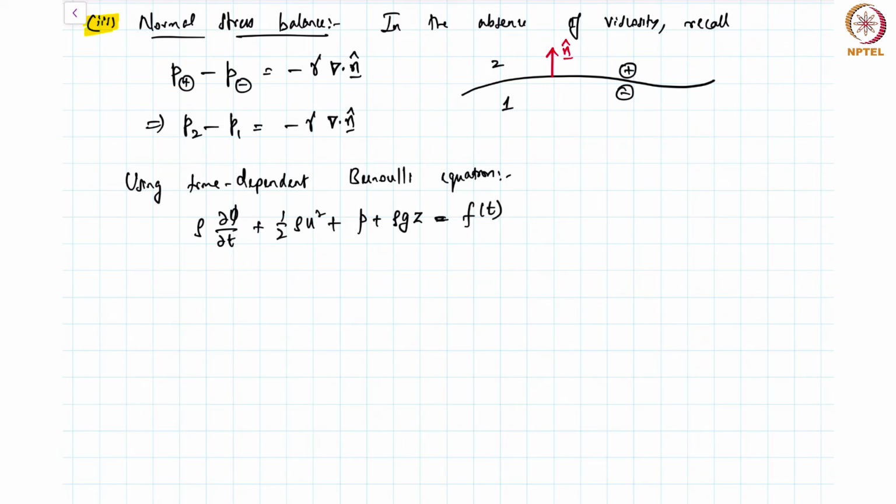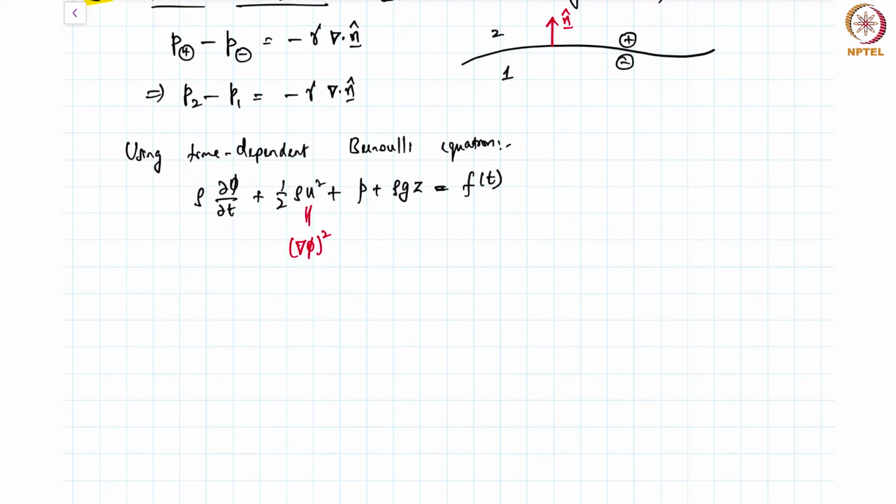So you may have seen the Bernoulli equation without the time dependence part, that's the first term, and therefore the constant also can be a function of time. And the velocity here is nothing but the gradient of a scalar, and because we have velocity square, we have a gradient of the scalar whole square. Okay, so now what I can do is we can define